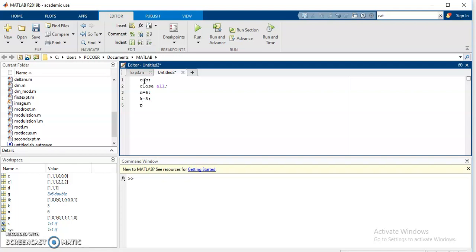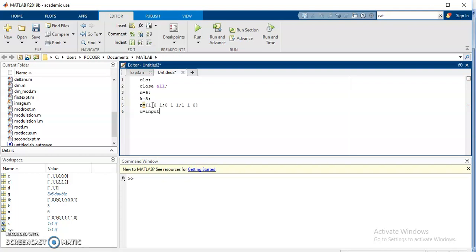We have taken the parity matrix as P is equal to 1 0 1, 0 1 1, 1 1 0. This is our parity matrix.